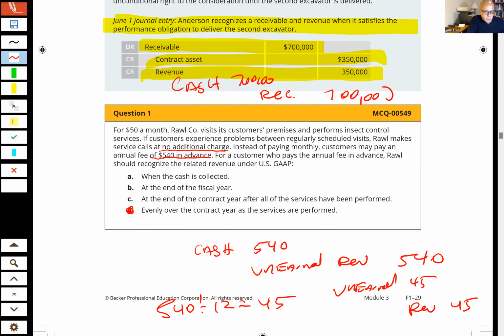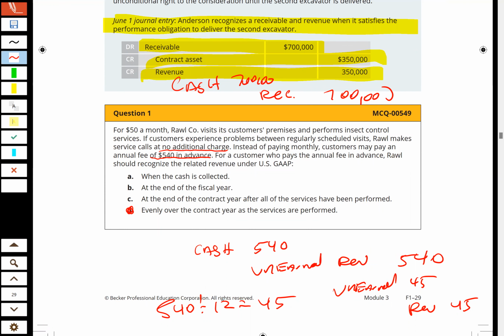Yes, considering if it's material. You're saying they're being conservative by not recognizing the revenue until year end, and I submit that could be earnings manipulation. In other words, they're thinking, well, we don't need as much revenue now, we want more revenue in the future. So they wait to take revenue until they decide it's time. They could be managing their profits.